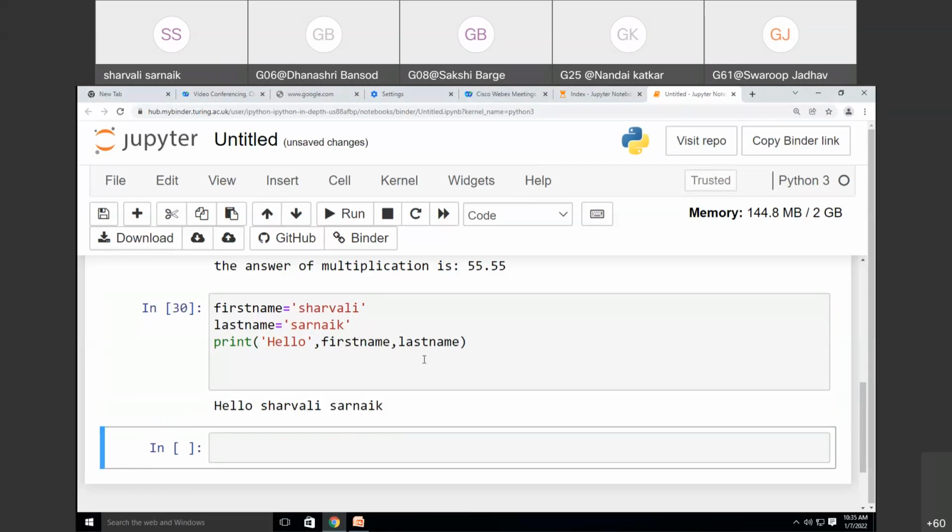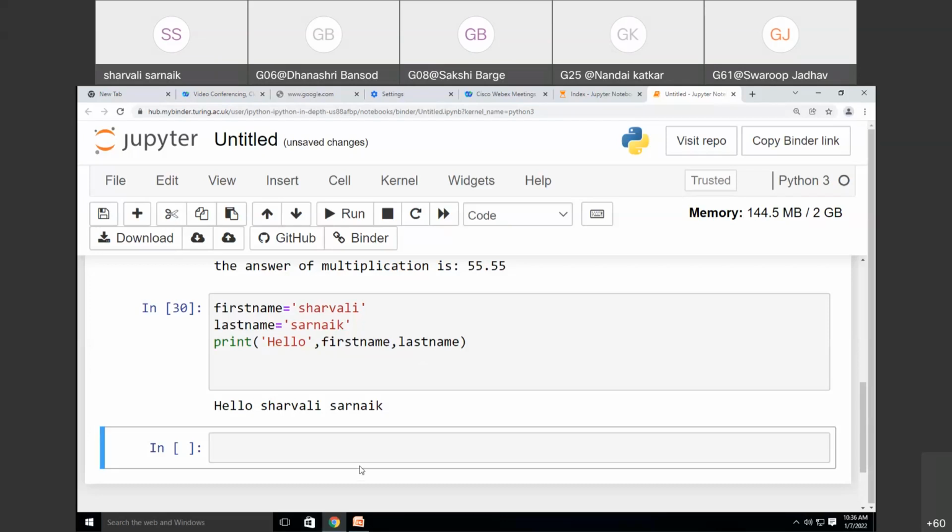In the variable first name, I have stored the value Sharvali, and in the variable last name, I have stored the value Sarnaik. So I'm just retrieving those values stored inside the variables first name and last name. So I'm writing hello, first name, comma, last name. This is how you can print your name, and how we can use variables to retrieve the values.